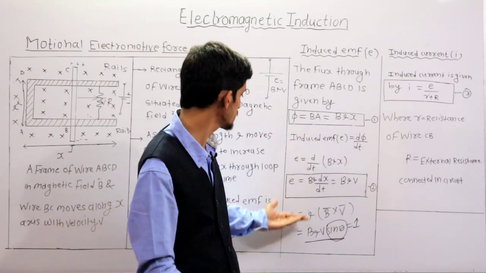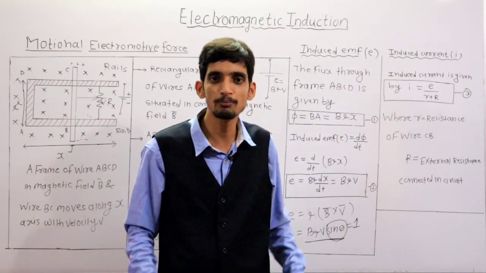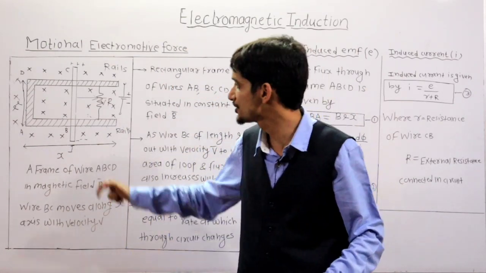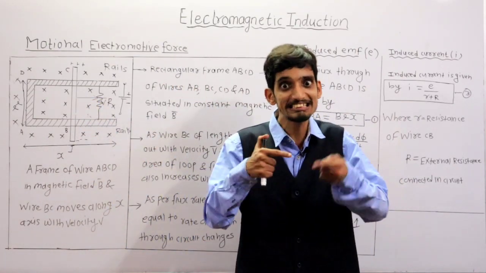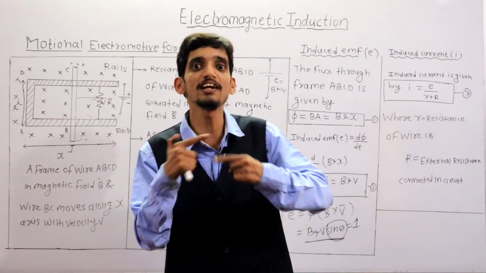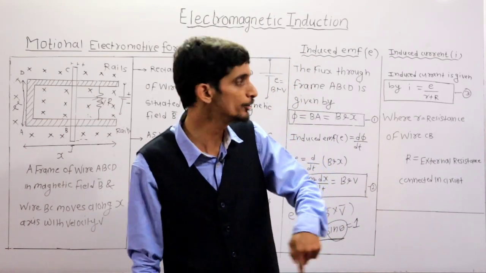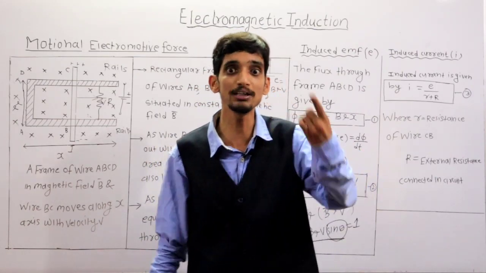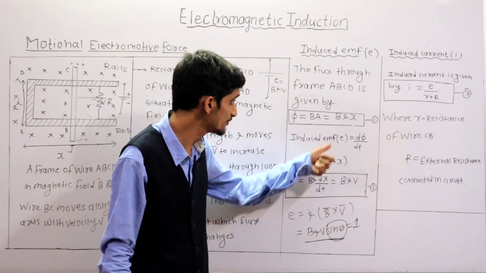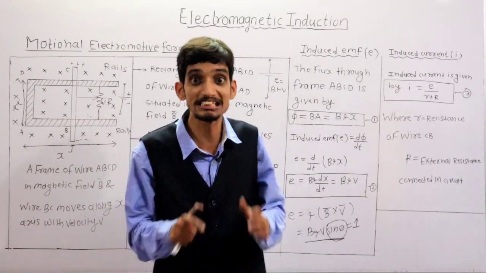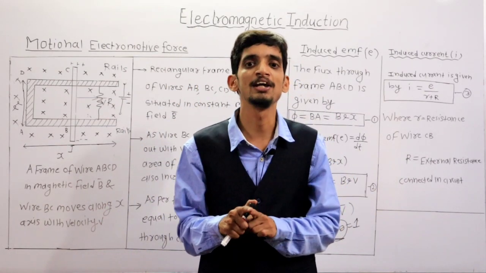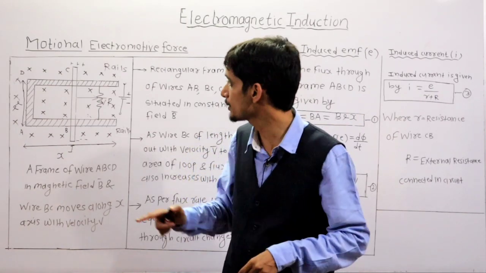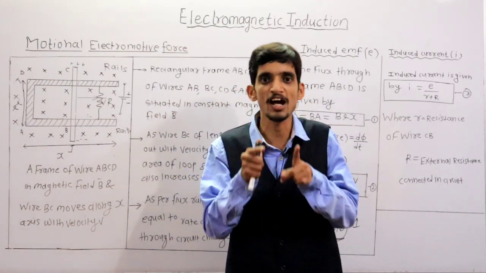Now we are dealing with EMF, then this current. It means these are the electrical quantities, but actually who is responsible for that? Changing magnetic field. So this is electromagnetic induction, production of induced current by changing the magnetic field. Changing means derivative, that is d phi by dt. So this is about motional EMF. In this part we discussed the motional EMF using Faraday's law.